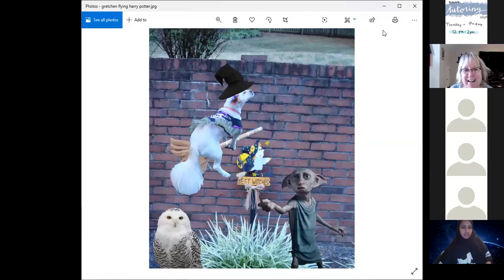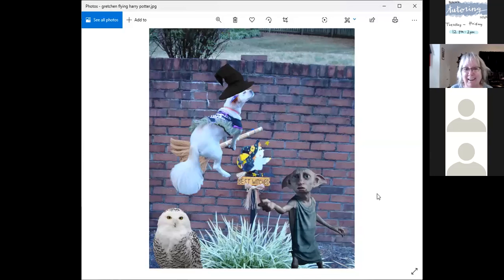Okay, my dog is probably going to start barking because of the garbage truck. Maybe not. Maybe she's napping. Oh, I know something I can show y'all. Can I share the screen real quick? Watch this. Here we go. There's my dog flying on her broom. Y'all see it? I love it. That's hilarious. Somebody asked me this yesterday and I couldn't get it off my computer fast enough, but yeah, she's flying. There she goes. Isn't that sweet?